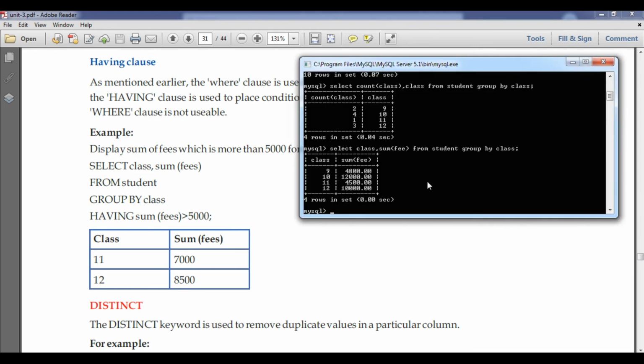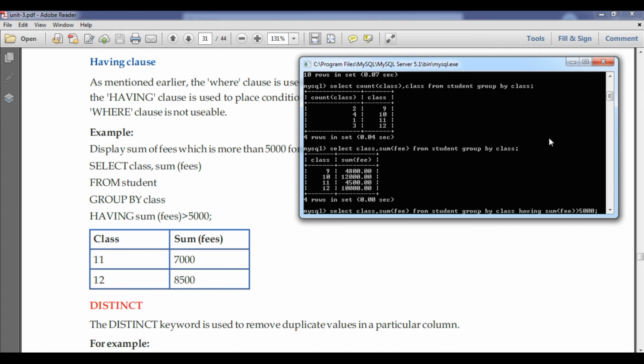A simple command it is, students. So the command is: select class, sum of fee from student group by class, and here I will add having sum of fee more than 5000.